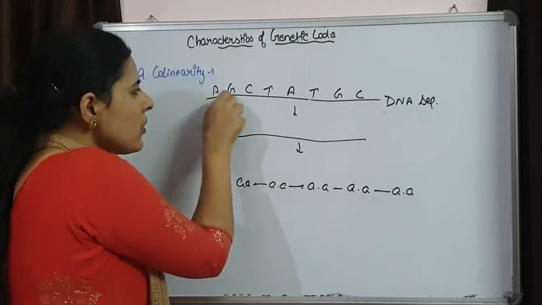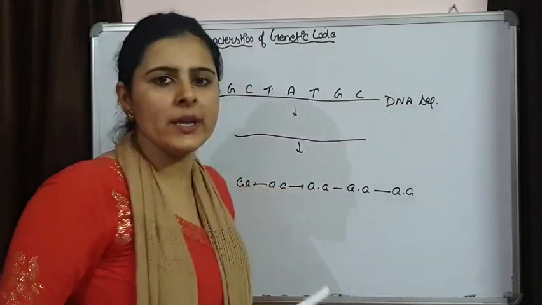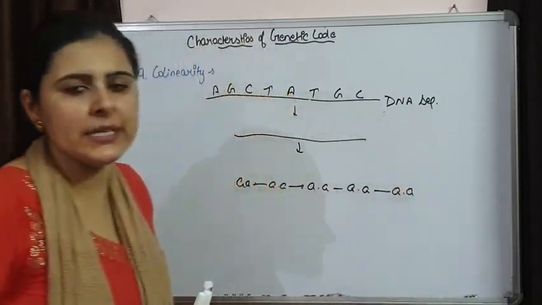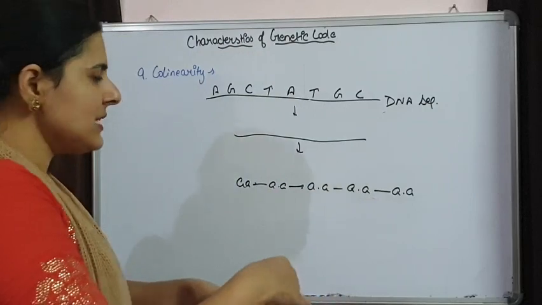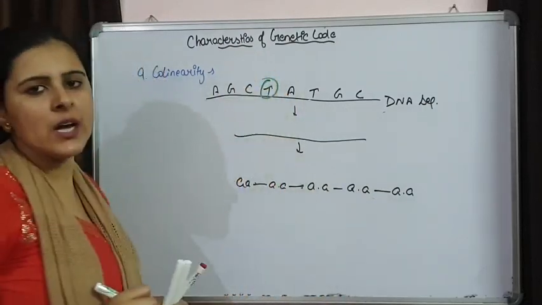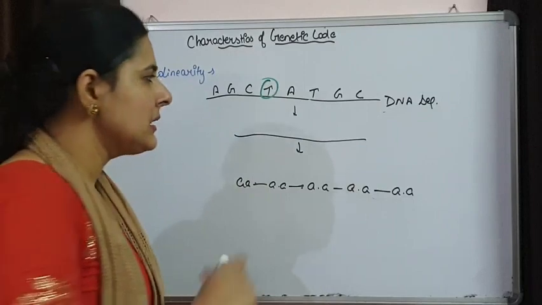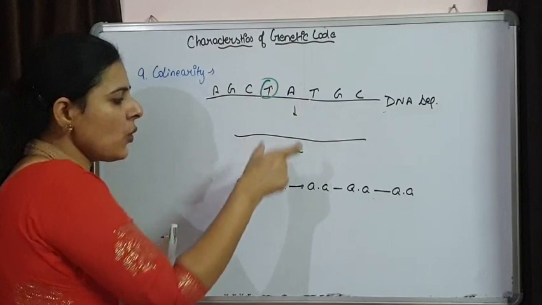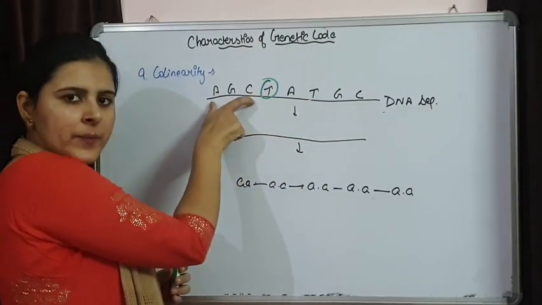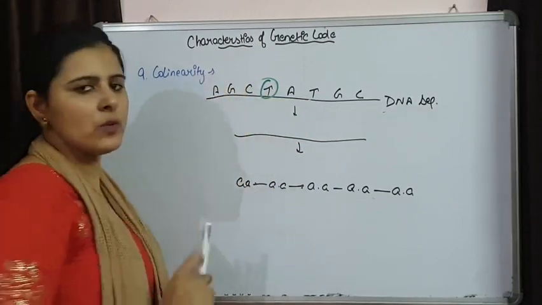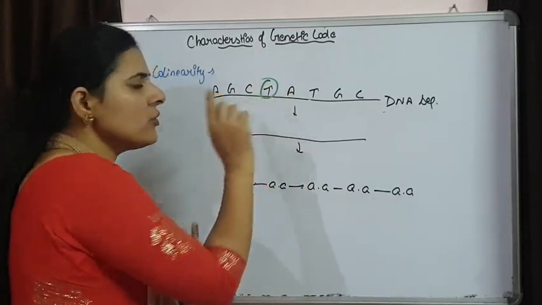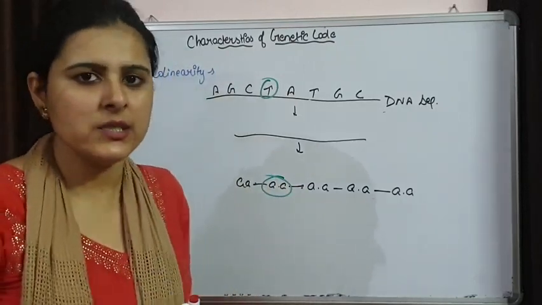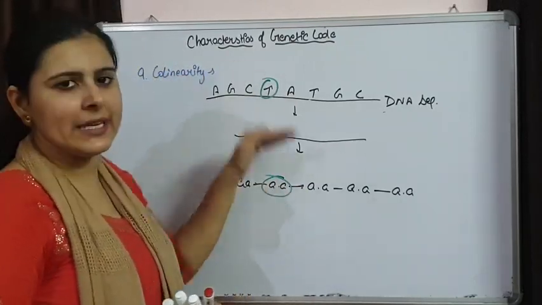So the sequence of nucleotides that are present over here is determining the sequence of amino acids that are present in a polypeptide chain. It means simply if I change one of the nucleotides over here, this is responsible for changing the amino acid. That is collinear. The first codon is normal, so the first amino acid is normal. I have changed the nucleotide of the second codon, so it is going to affect the second amino acid. This is showing collinearity with the DNA sequence.